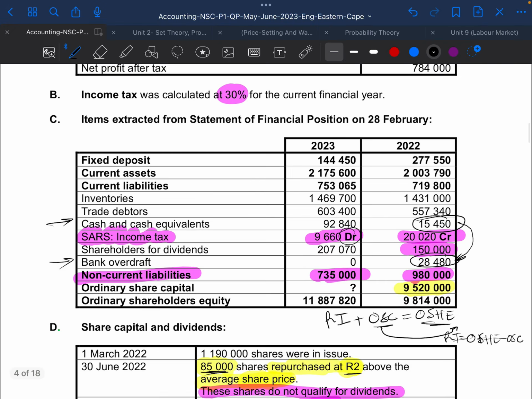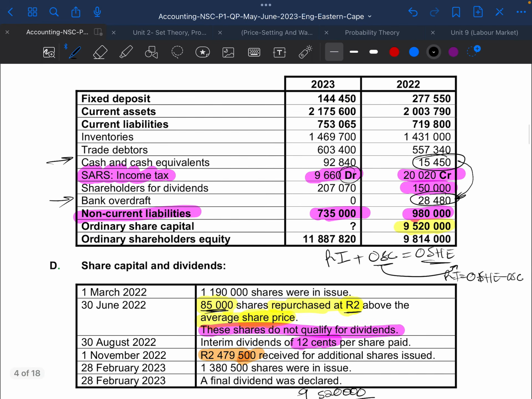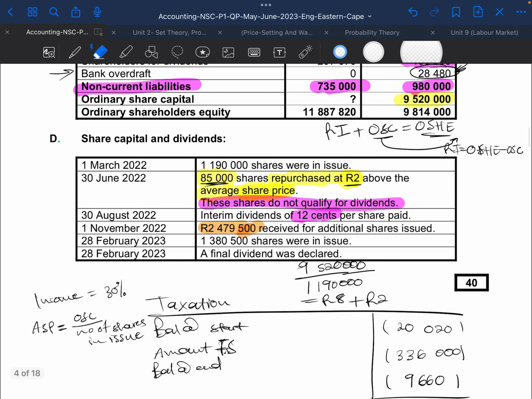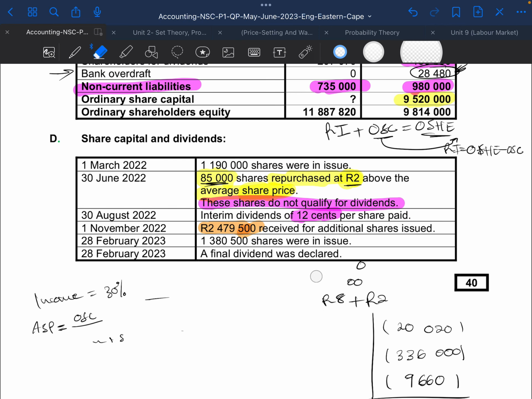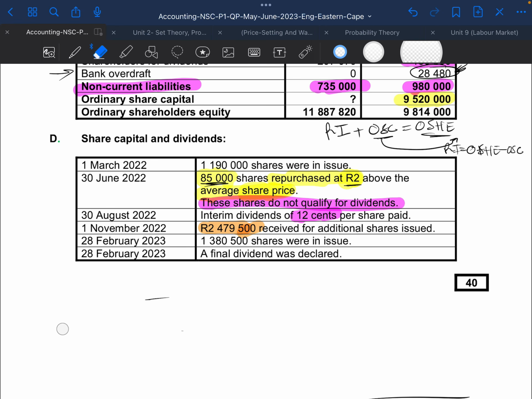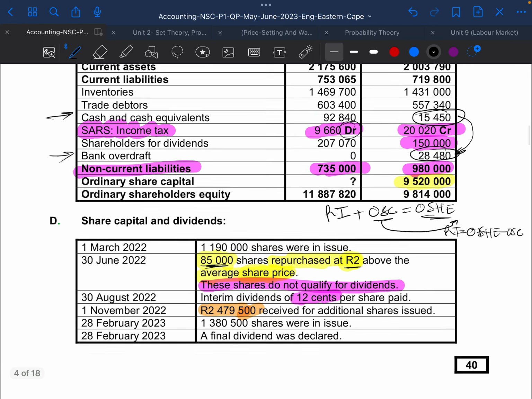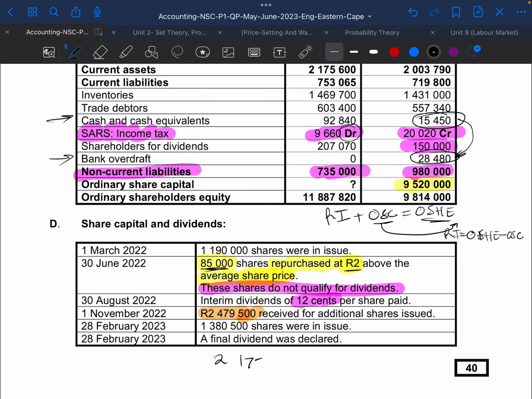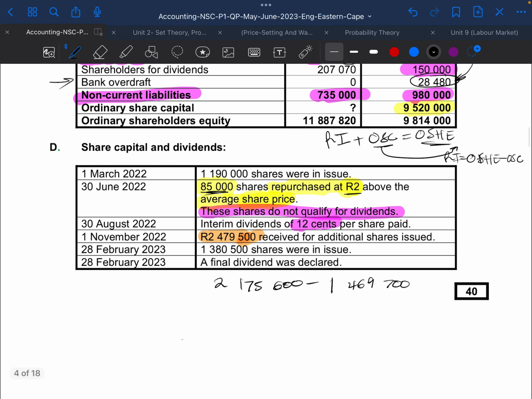Okay, our current assets, we have 2 million. I'll just need to use the space so that we don't have our workings up pretty far. So our current assets are 2,175,600 minus our inventory of 1,469,700. All right, and let's see what our answer is. Minus 1,469,700, which is